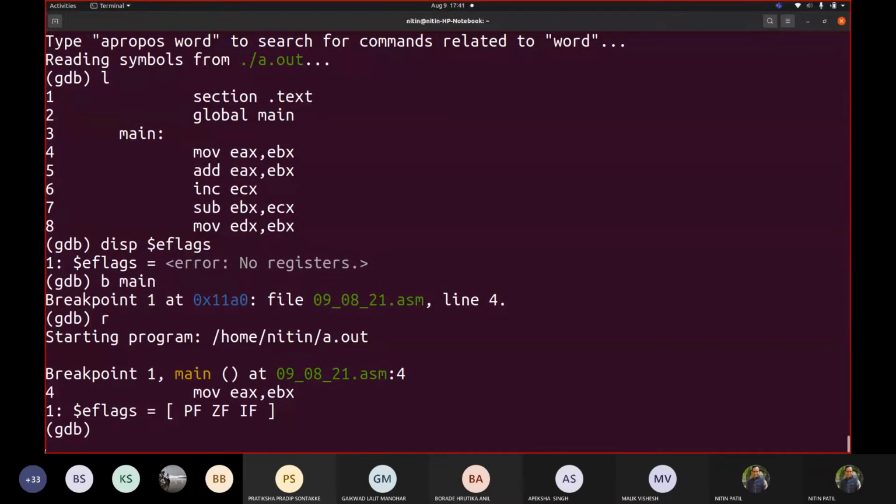There are different flags included in the 8086 architecture, no matter whether it is IA32, IA64 or whatever, or even 8086. The x86 architecture has a flag register and there are multiple flags. Try to find out in the manual what the contents of the flag register are. Currently we can see that there is a parity flag, zero flag, and interrupt flag. These are the three.